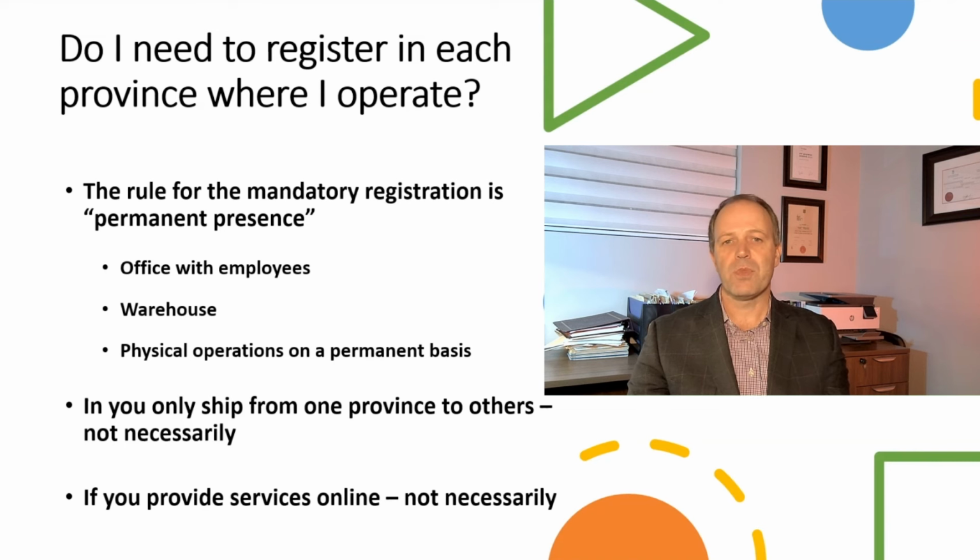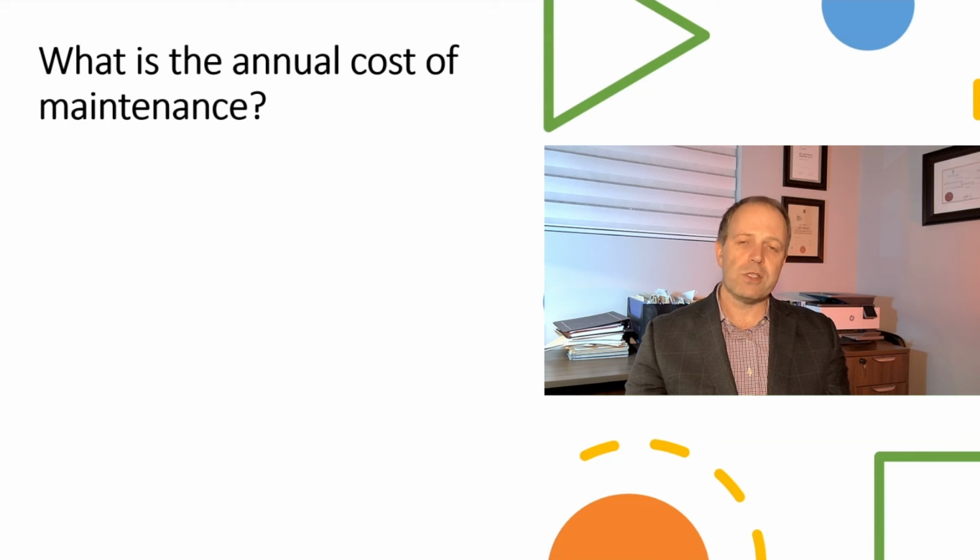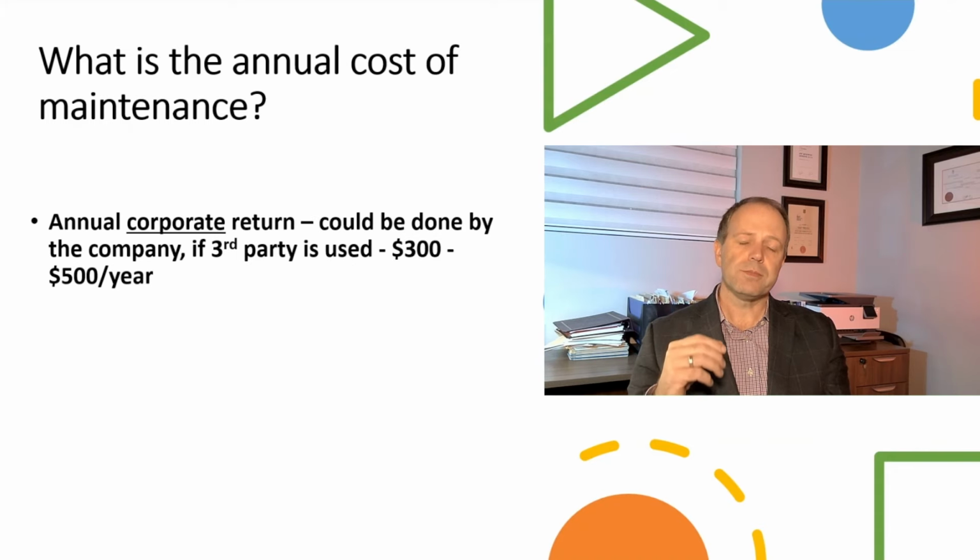the extra provincial registration. What is an annual cost of maintenance? Of course, this is not a question with one answer, but usually the annual maintenance is very simple in Canada. First, you will need to file a corporate return, which is essentially an update of the corporate register that your business keeps on operating. It's simple, you can do it yourself. In situations of working with partners, multiple shareholders, I suggest using a consultant to prepare your annual resolutions of the board of directors, annual resolution of the shareholders. Some consultants will charge a fee, usually from $300 to $500. We at CBS charge $350 per annual return, and we provide the resolutions and also do the return with the